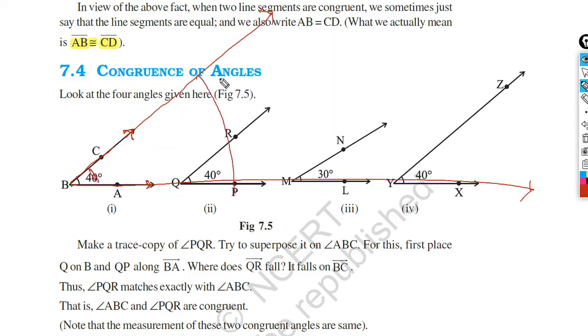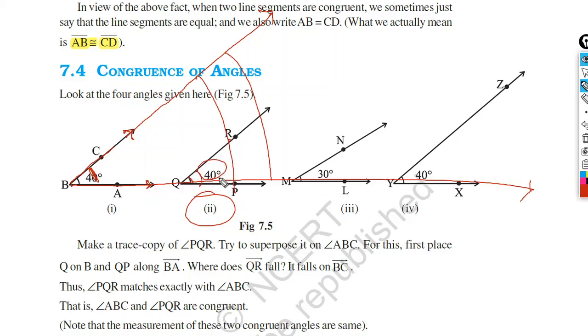You can see there is a large angle, but the measure of the angle is 40 degrees only. Here it is also the same. In figure 2, this angle Q is also 40 degrees, but the length of the ray QR is a little smaller than BC. As here you can see, BC is the larger ray. But the QR